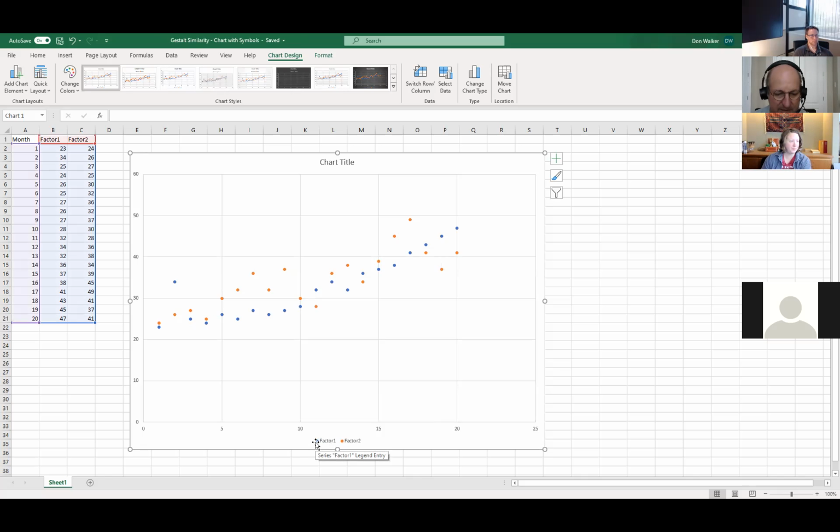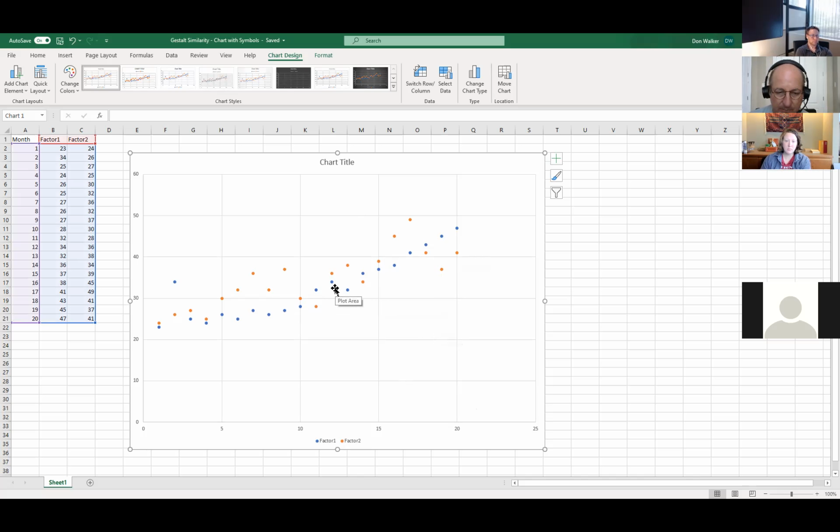It's just dummy data, so whatever factor one means. And we know the orange dots go together, and those are factor two. But they kind of meld together, don't they? Because you've got similarity problems. And I did this on purpose: you've got the data zigging and zagging back and forth, intermingled. So your Gestalt principle of similarity is